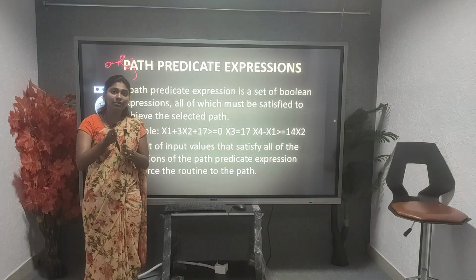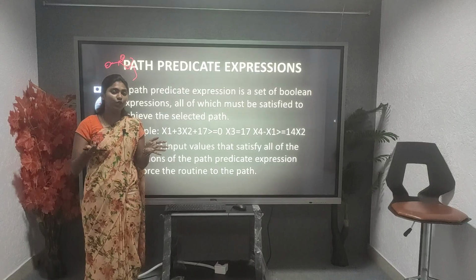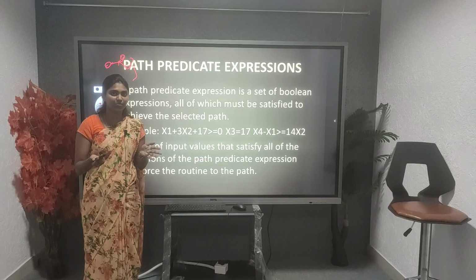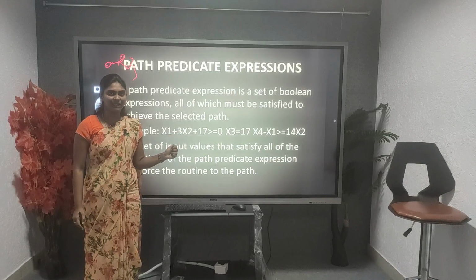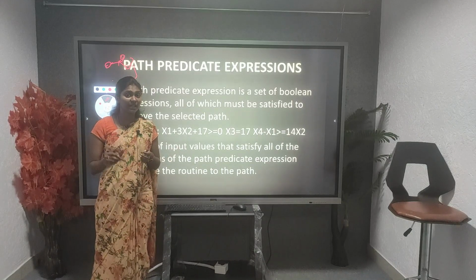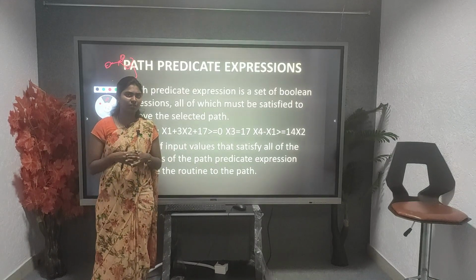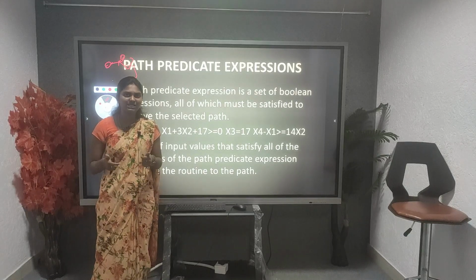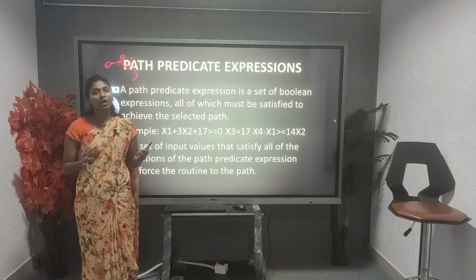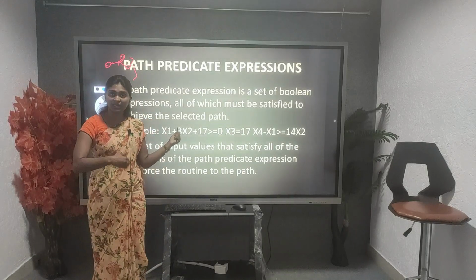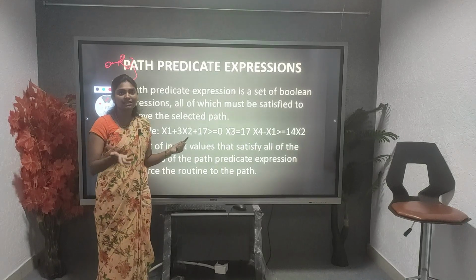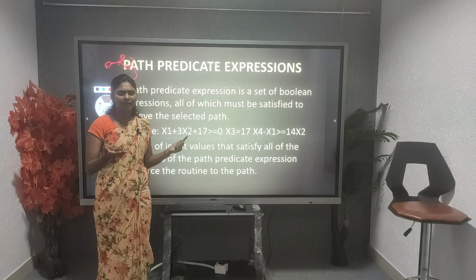So the path will be derived easily for understanding. We can use cases: case 1, case 2, case 3, or if-else statements in the path predicates. Last one, achievable paths. What are achievable paths? They are nothing but the correlation of the data of independent variables and dependent variables. Now I will talk about the inputs. What variables do we take to substitute into the functional equations? We will take them as an input.